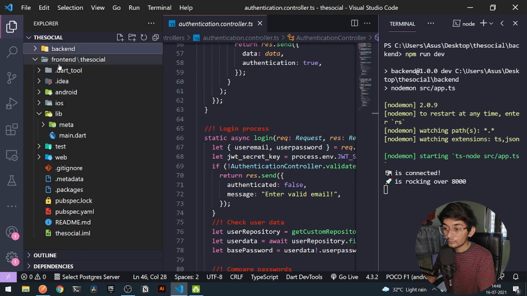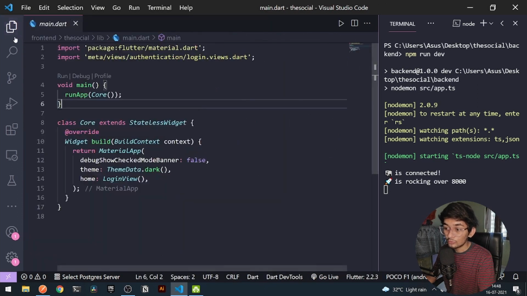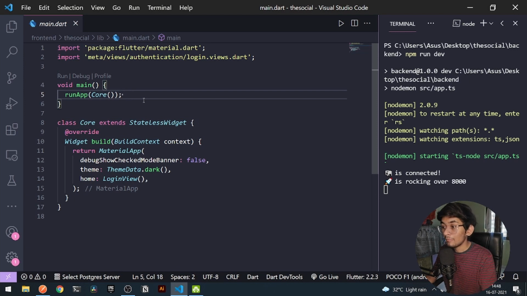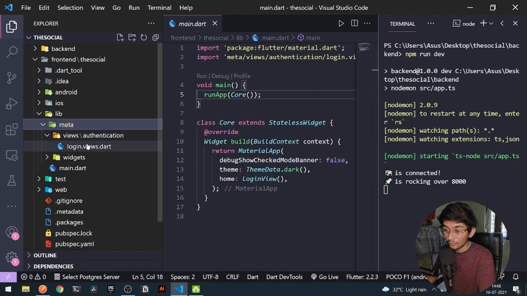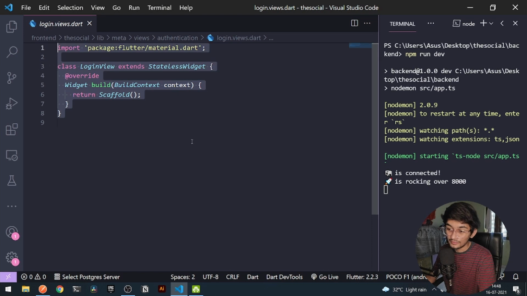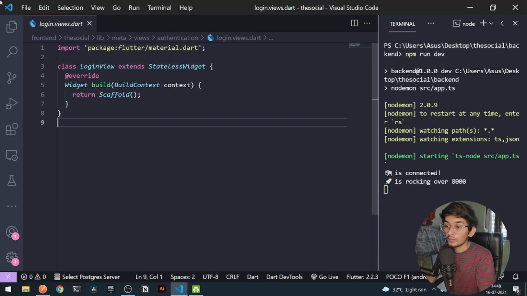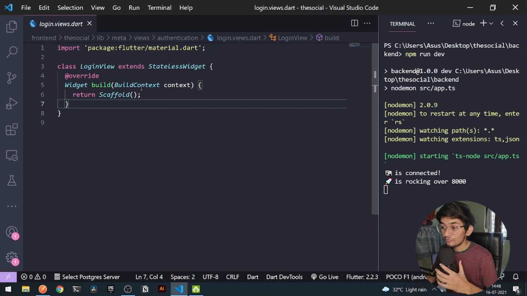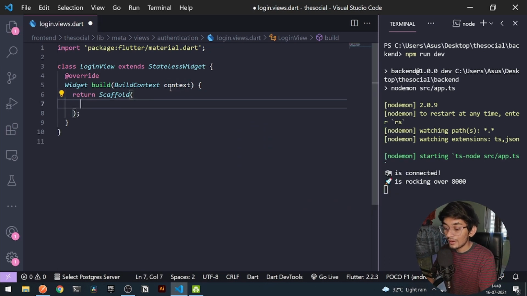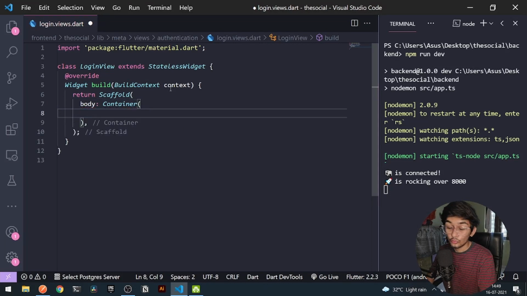First of all, I have some boilerplate code for my Flutter application, and it has nothing but a small login view which contains nothing. So today we will create some boilerplate code for understanding how the login flow and sign up flow will happen under our application. First things first, under my scaffold I will have a new body to be a container. Here I will be creating a small form, and under that form we will create some small text fields and also some buttons.